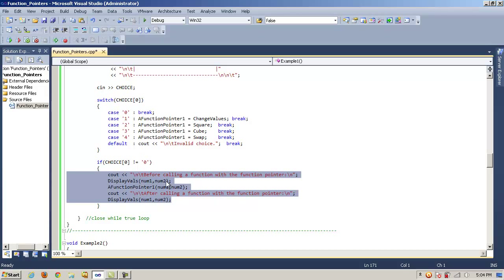We don't want to make them look at this if they choose to quit and go through it. But if they don't choose to quit and it's 1, 2, 3, or 4, then we're going to go ahead and call this, and we'll call display vals a function pointer 1, and we'll specify before and after, and then display vals after we call what the function pointer points to. So by reassigning the pointer, we're going to be able to call these 4 different methods using the same pointer